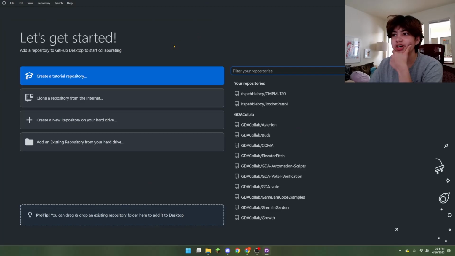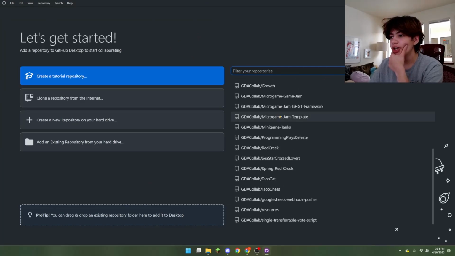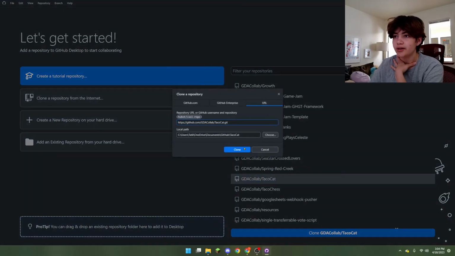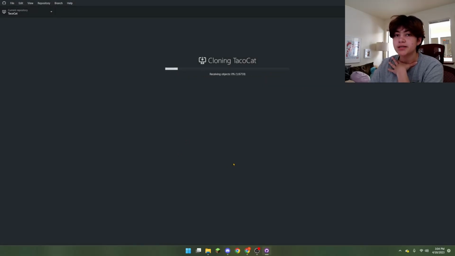Okay, let's get started. What we're going to do, your repositories, GDA collab, click on the project that you're working on. If you're working on TacoCat, then you're working on TacoCat. So click this one. We're gonna clone it. This basically takes it from the internet and puts it on our computer. And from here, you'll be able to pull and push to branches. While this clones, let's actually start downloading